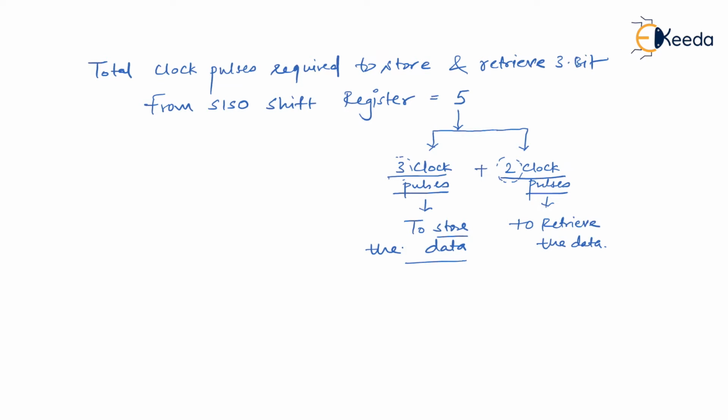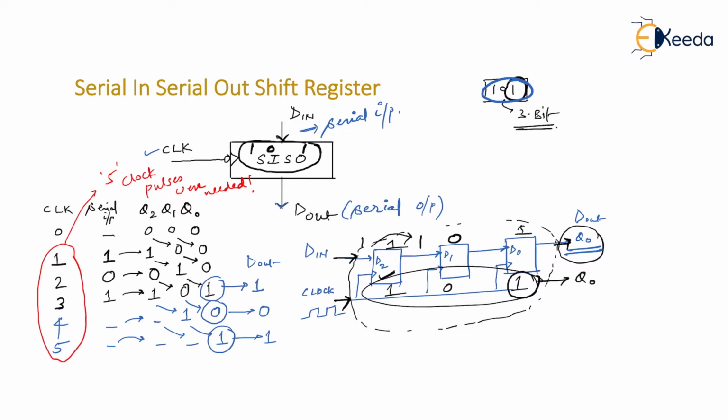The reason why you require 1 clock pulse fewer as compared to this is that when you apply the third clock pulse, 1 bit of data is already available over there. Rather, we should not say MSB, it is LSB. Since the data is 101, you cannot differentiate MSB and LSB, but please understand, it is a criterion that you always transfer LSB first.